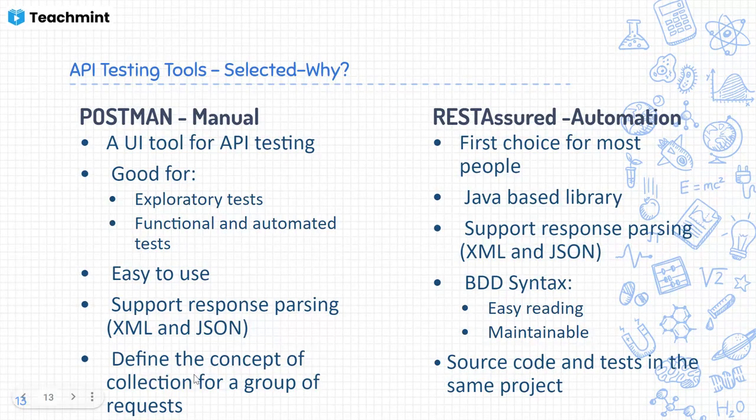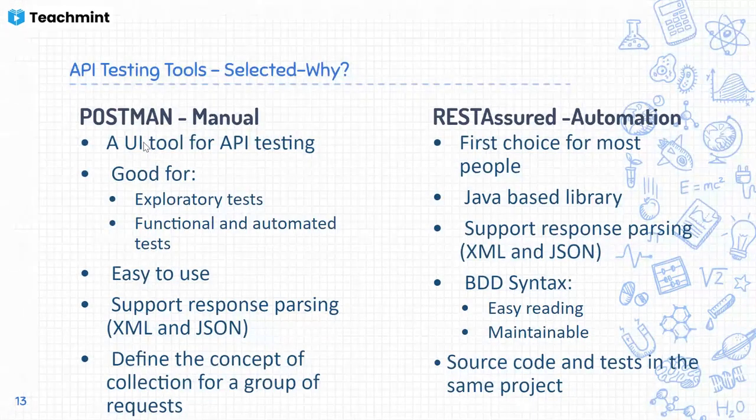And you can even make a collection of test cases. We call it a group of test cases, right? Say these are smoke tests, these are sanity tests, these are regression tests. You can also group them using this tool. First you can create your test cases, later you can group them and execute the group of test cases together. So that concept of collections and grouping is possible using Postman. So these are very key features which make Postman the best preference for manual testing. Okay, and then